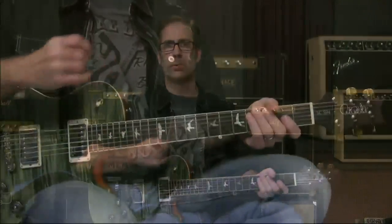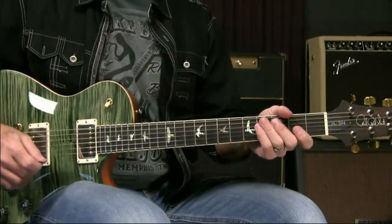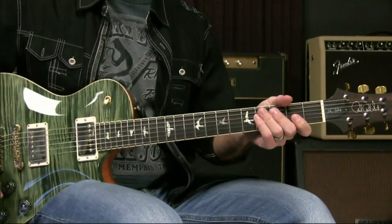Now, the original recording, admittedly, they probably played it in A, tuned down a half step. And I only say that because there's one spot where I think there's a low E flat, but I've always just played it in standard tuning, but played it in A flat. So to break it down, the first few